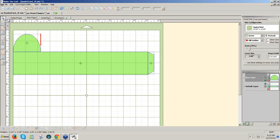So I'm going to use Control Z to take it back down again. And in order for that to work, I've got to make sure I'm selecting the arrow at the top left. Control Z takes it back. Now, whatever height that you want. Another reason why I wanted this short is I wanted to put my decorations on the front of the box. If you have long flaps, the flaps will hang down, and you'd put your sentiment or your greeting inside of the flap. But I decided I want my greeting to be down on the box,